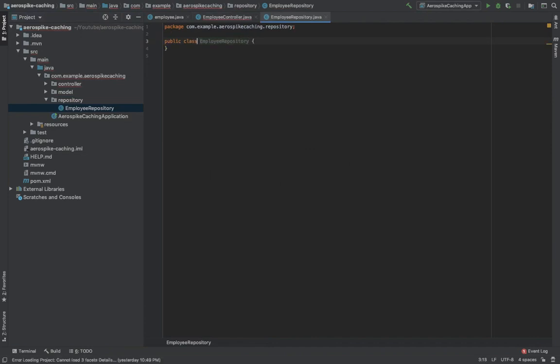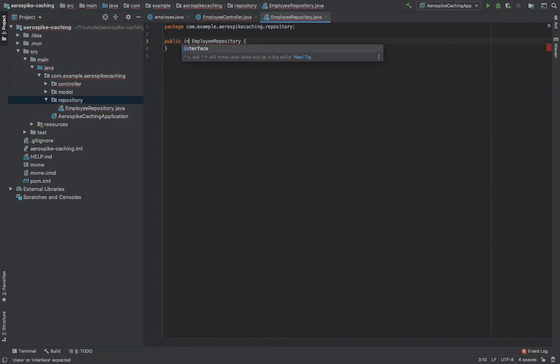This repository is an interface which extends JpaRepository.